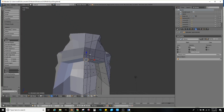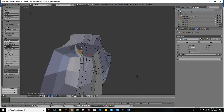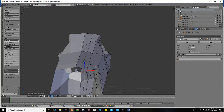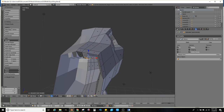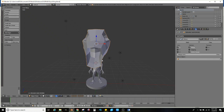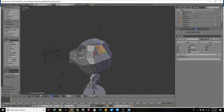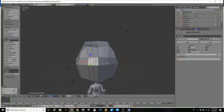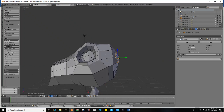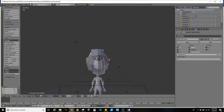Let's go ahead and do some pre-extrusion. That's right, kitty. My cat has some serious cat opinions. Alrighty, let's go ahead and make ourselves a...